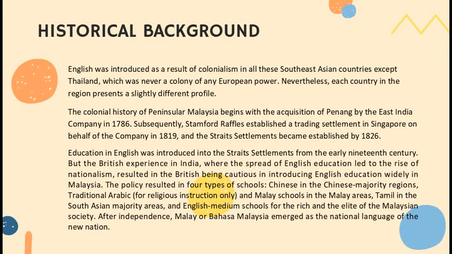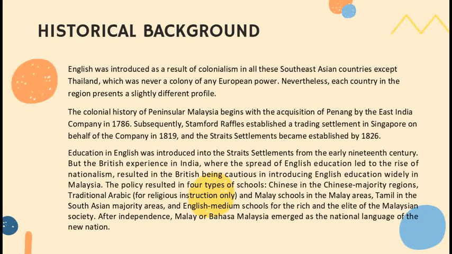So English was introduced as a result of colonialism in all the Southeast Asian countries except Thailand, which was never a colony of any European power. Nevertheless, each country in the region presents a slightly different profile. The colonial history of peninsular Malaysia begins with the acquisition of Penang by the East India Company in 1786. Subsequently, Stamford Raffles established a trading settlement in Singapore on behalf of the company in 1819, and the Straits Settlements